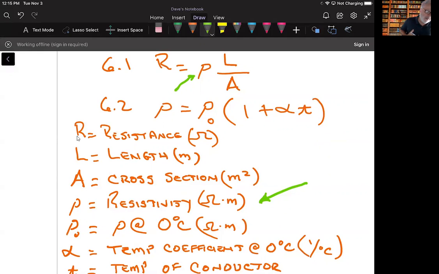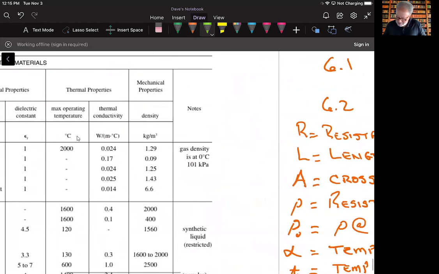And so what we would need to find that is some sort of table that would tell us that for whatever material, this is the resistivity for that particular material. And then the other thing that we need is something called the temperature coefficient of resistance at 0 degrees. Okay? Now, the resistivity and this temperature coefficient can be found in this appendix